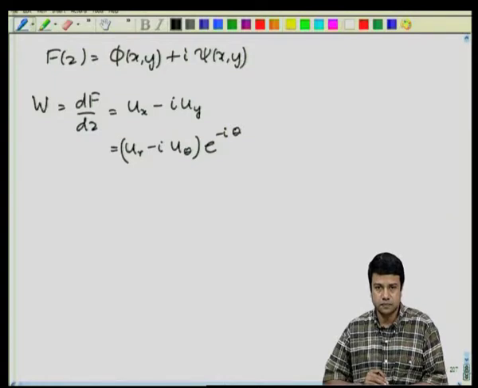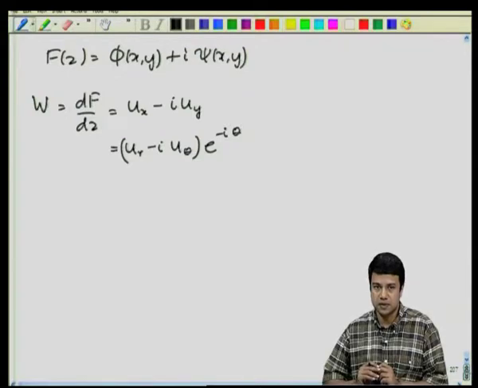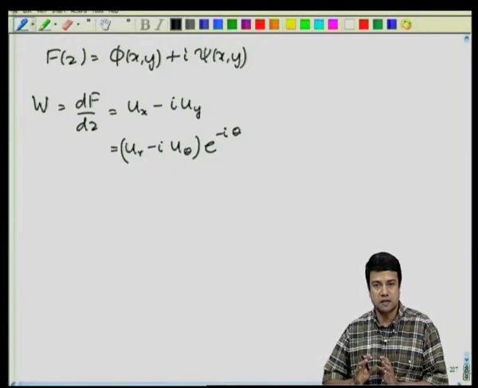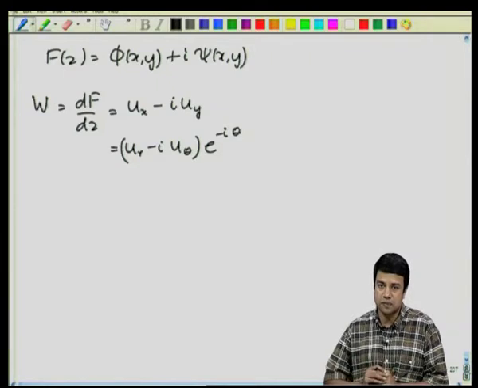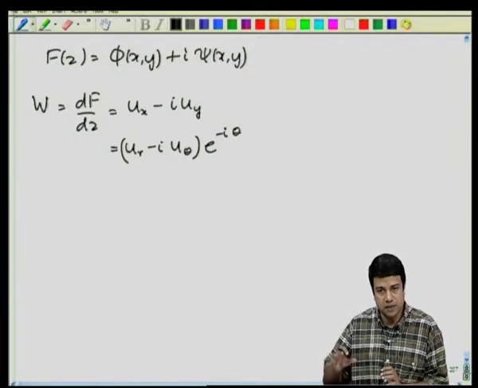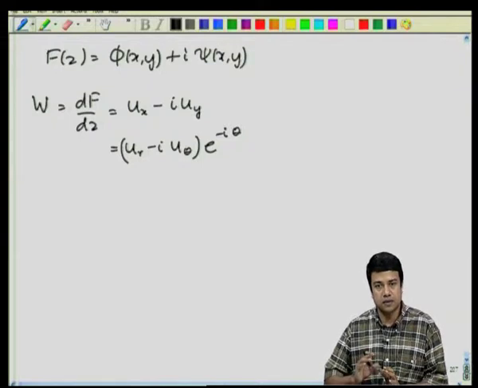So, this was the first part of our analysis. How do you get the solutions which automatically satisfy the potential equation. We showed that any complex function which is analytic automatically satisfies the potential equations. However, potential flows should satisfy not just the Laplace equation itself, but also the no normal velocity boundary conditions. So, we have to find solutions for the potential flow equations which satisfy the zero normal velocity boundary conditions under specific configurations. So, we will continue that in the next lecture, but before that let me just talk about